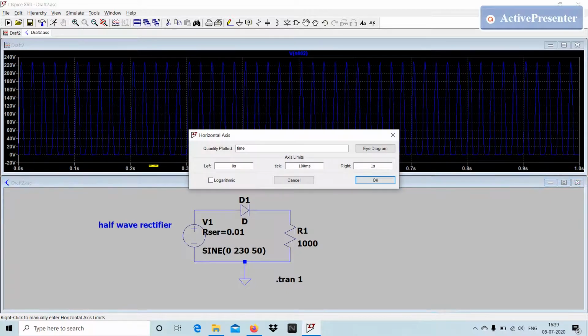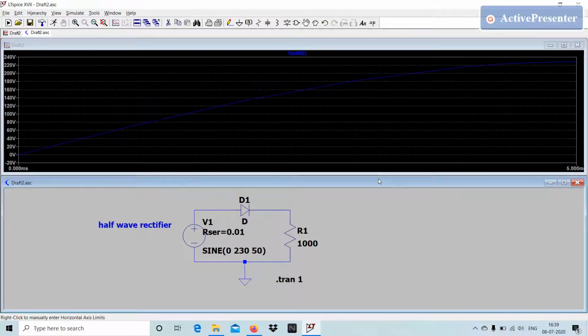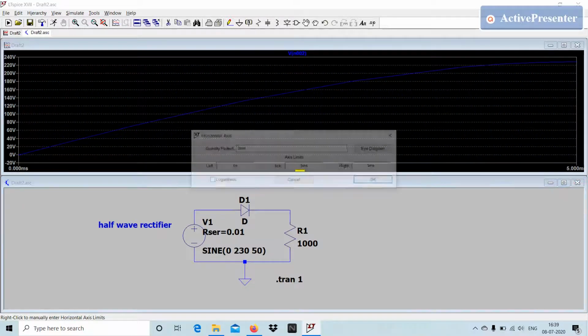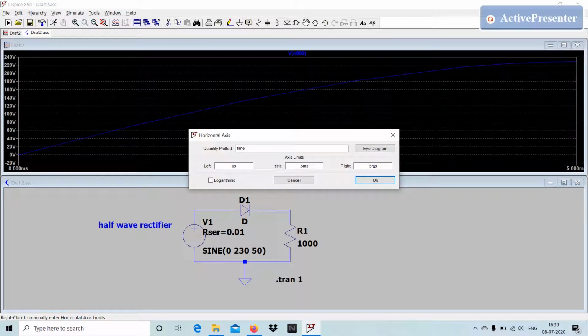Before explaining how to use the software and what features are available, I want to show you how we can download and install the software.